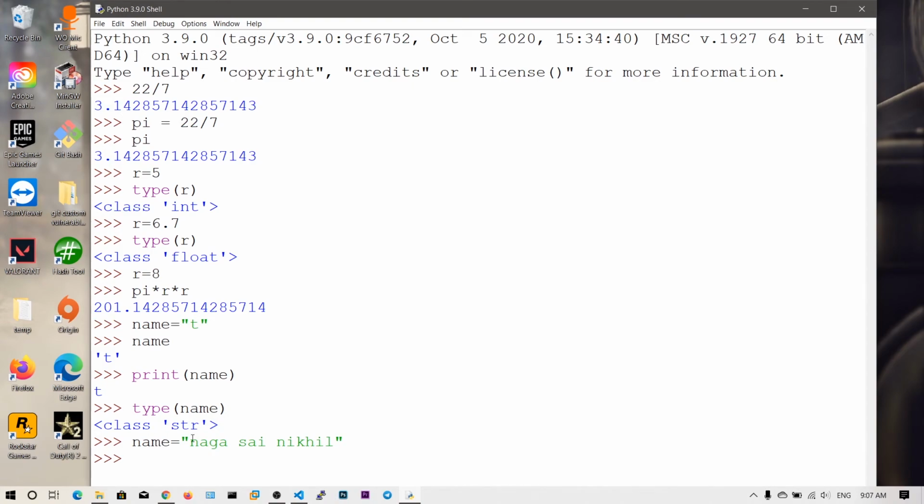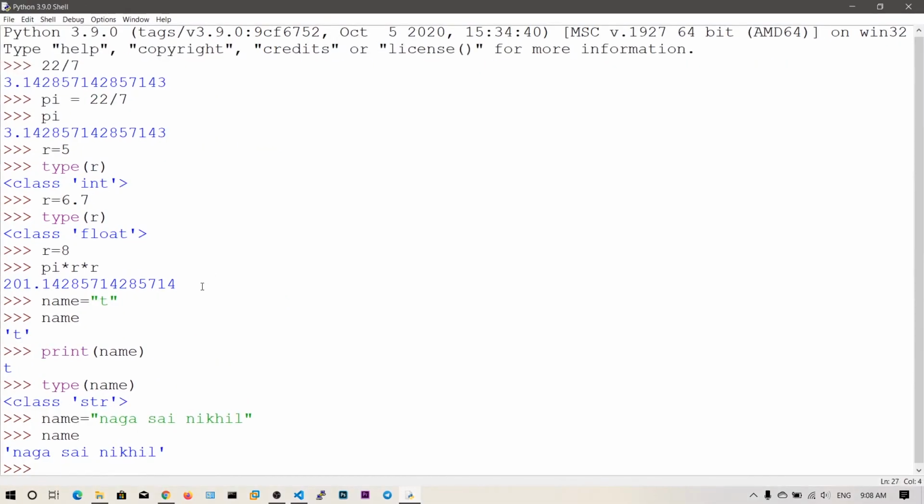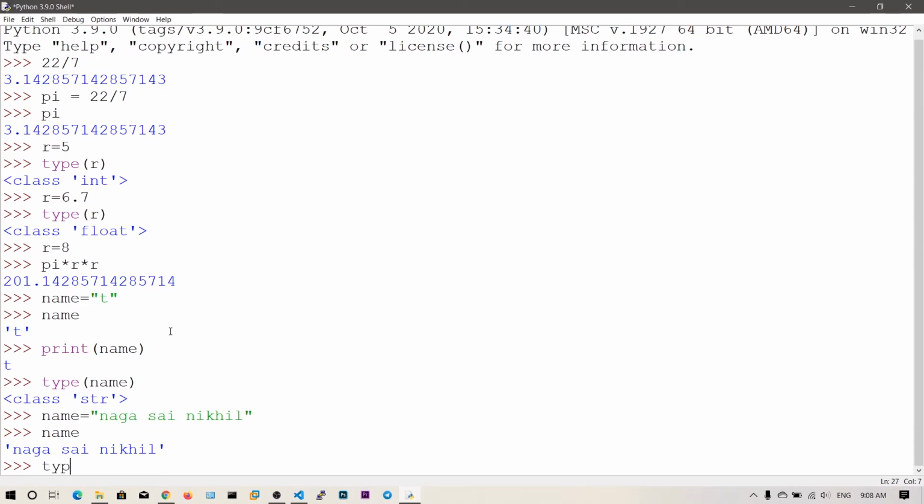We will also see how to access only particular elements of the string or the list in future videos, by using slicing. If I say name, it will show the whole name. Now you can also type type of name, it will be string.